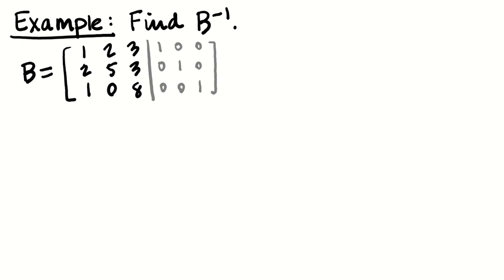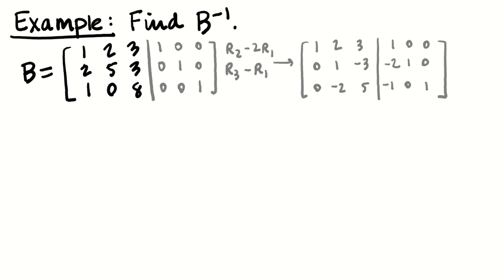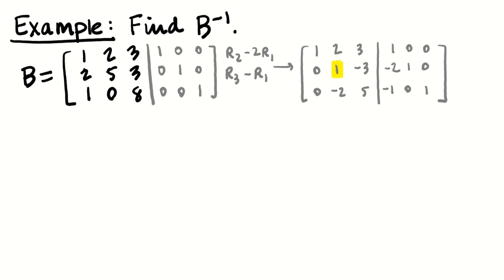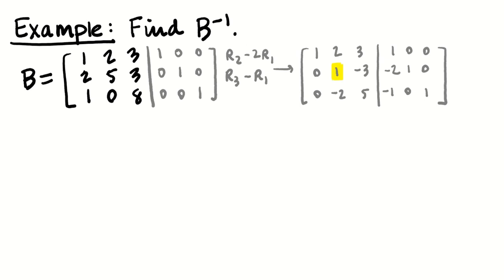All right. So my first step is going to be to take row 2 and subtract 2 copies of row 1, and drop that in row 2. I will also take row 3 and subtract row 1. Now my next step is going to be to use this 1 right here to clear out the second column. So I'll take row 3 and add 2 row 2s, and then I'll take row 1 and subtract 2 row 2s. Okay, so that will give me